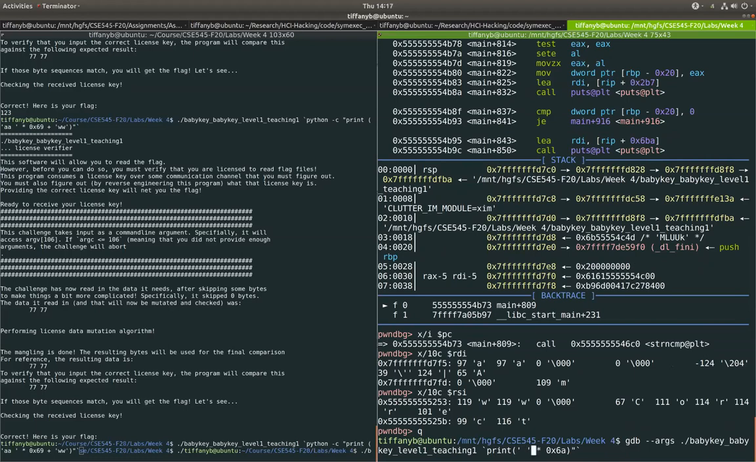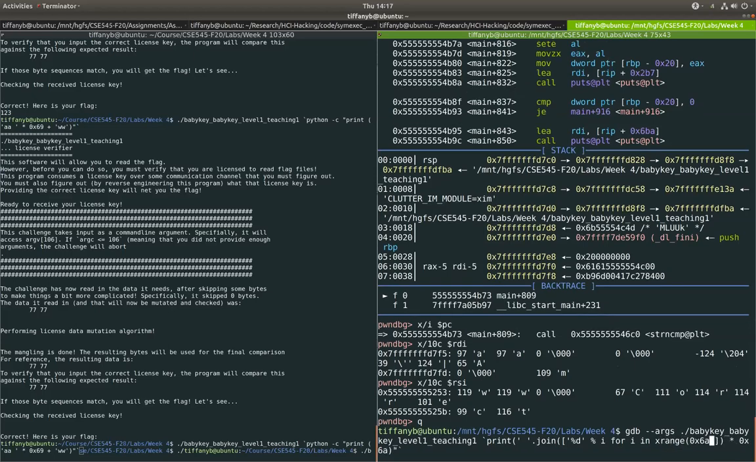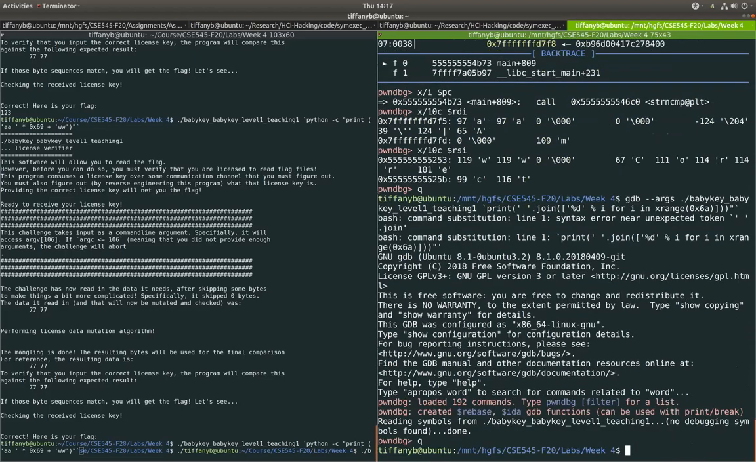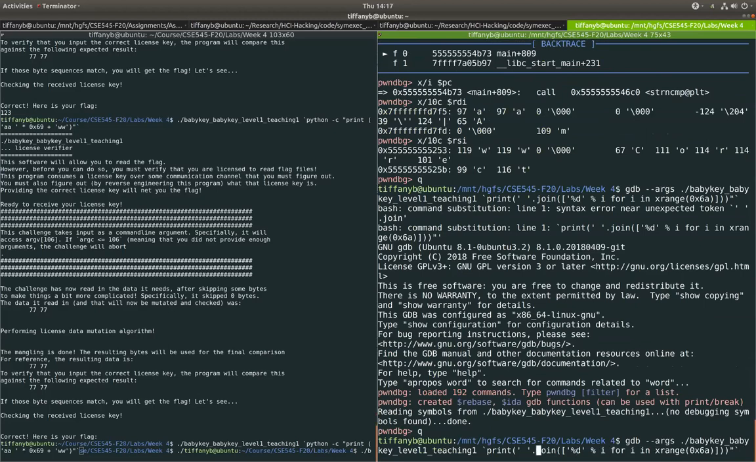print join Python 2. So first of all, let me check if this is correct. So what I am going to do is python -c print